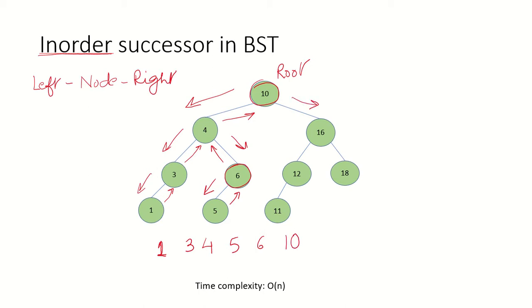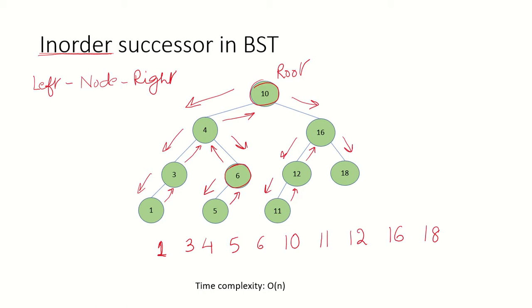Now we start visiting the right subtree. So again, when we reach this node, we will traverse left. So we write 11, go back, write the node data 12. There is no right subtree for 12. We go back, write the data for this node 16, go to the right subtree, 18, and this is the in-order traversal for this particular binary search tree. You can check my earlier videos on how to do the in-order traversal of a binary tree.